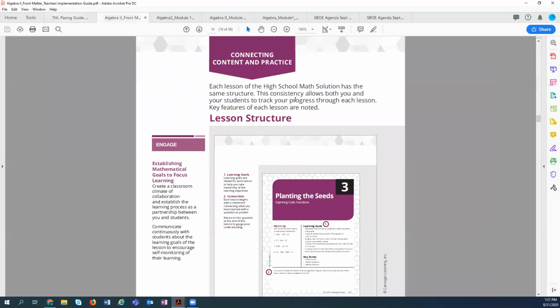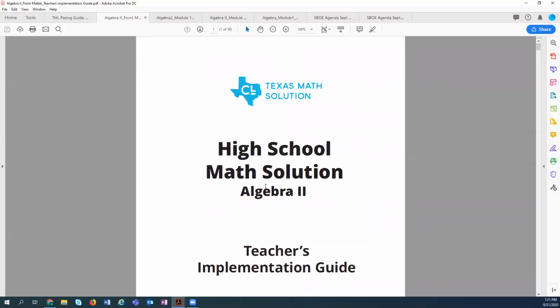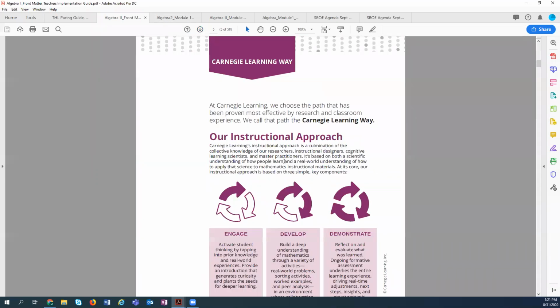The next material that you'll be able to find within the product is a high-level teacher implementation guide by course. Key pieces in here that I think are really important is it helps you understand what is the actual research and approach, what is the lesson design, the instructional design of this product.